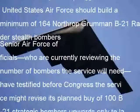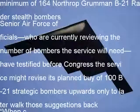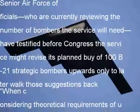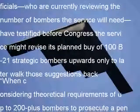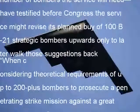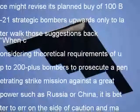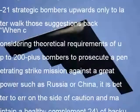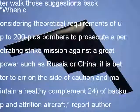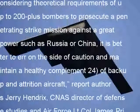When considering theoretical requirements of up to 200-plus bombers to prosecute a penetrating strike mission against a great power such as Russia or China, it is better to err on the side of caution and maintain a healthy complement of backup and attrition aircraft, report authors Jerry Hendrix, CNAS Director of Defense Studies, and Air Force Lt. Col. James Price wrote. Taken together, 120 combat-coded bombers, 20 trainers, and 24 planes for backup and attrition planning purposes, the minimum buy